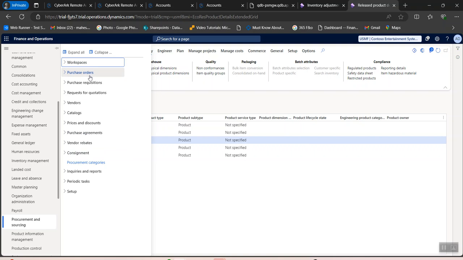It's transactional data. So in this, which one is our master data? We have vendor as our master data, and also procurement category is one of the master data. Okay,